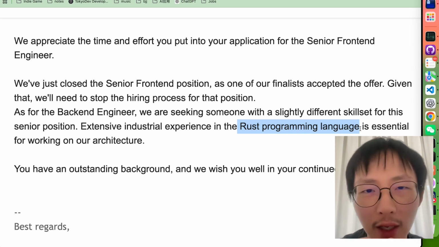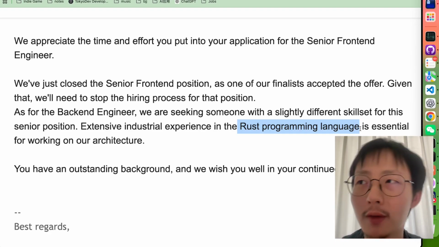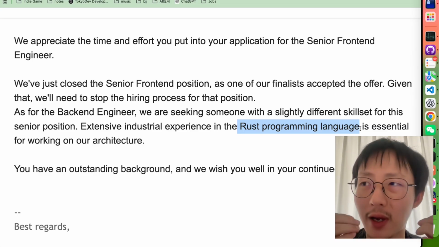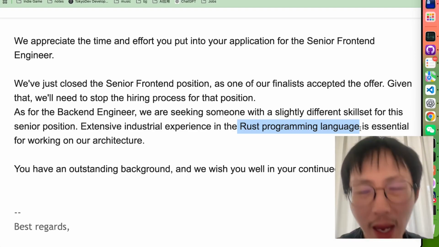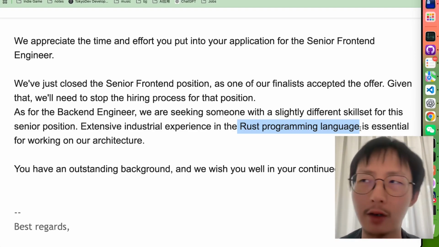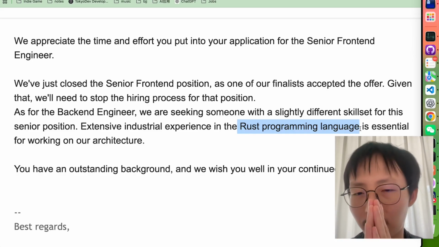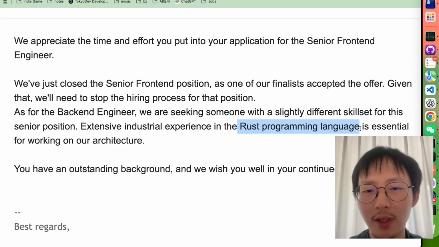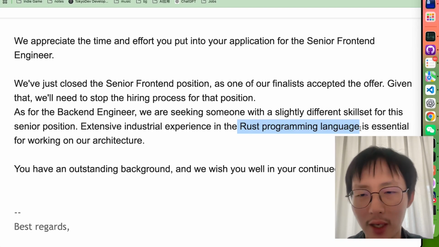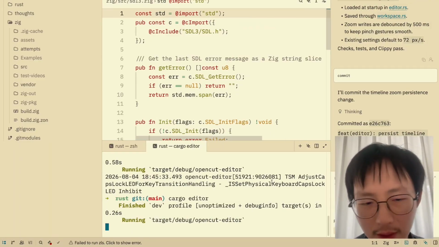I only learned front-end after I quit my job because I had to ship some features to the user. So I learned front-end as a byproduct of doing a startup myself. So I'm like, why not just learn Rust? And now AI is so powerful, so I can implement a real project in Rust to prove that at least I know some basic Rust. So that's why I started this project.